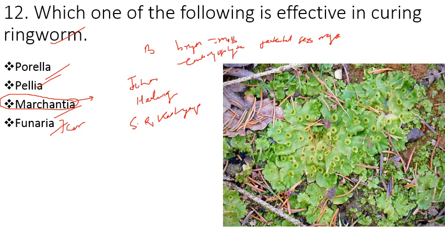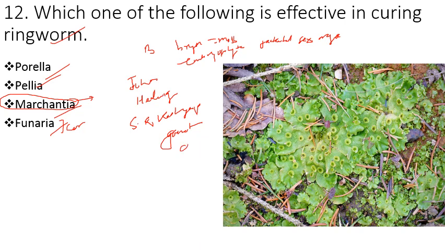And this group of plants is commonly considered as amphibian of plant kingdom because they require external water supply to complete their life cycle. Then the gametophyte, the main plant body is gametophytic, and this gametophyte bears multicellular jacketed sex organs,